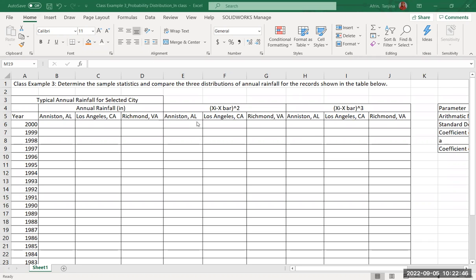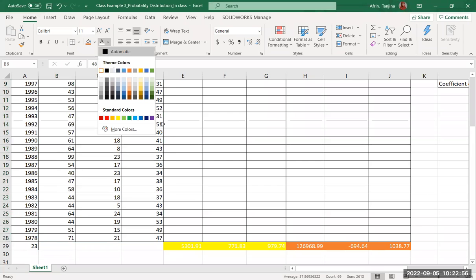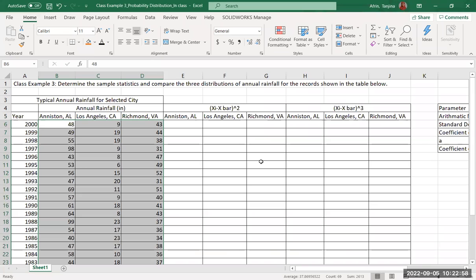Now, do you have all the data? I think I removed all the data from here. Okay, so this is the data set we have, right? All of you have that? Okay, now